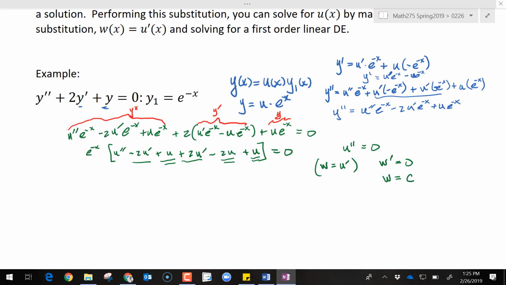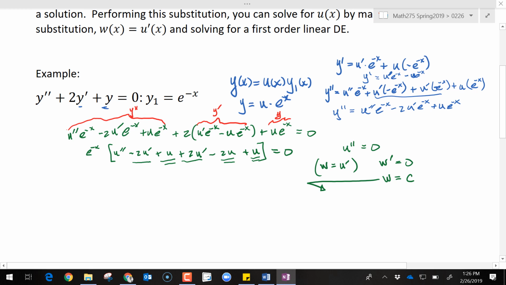but chances are you're going to have a u double prime plus something with a u prime in it. And there's no more u's. The u's are pretty much guaranteed to cancel. And so with the u's cancelled, you have a u double prime and a u prime, and that's when you do the reduction of order where you use the w. But in this particular scenario, it just came up to be really simple. Anyways,